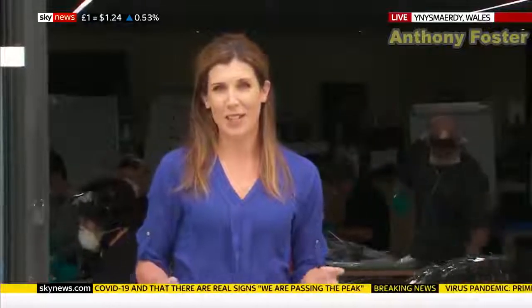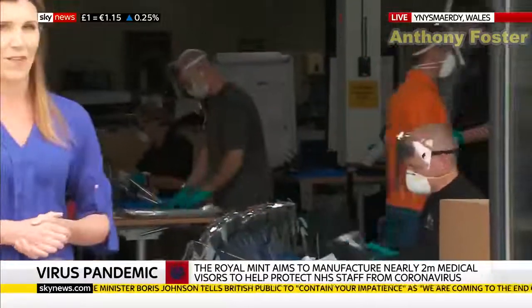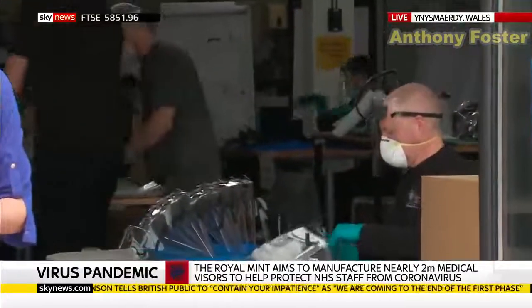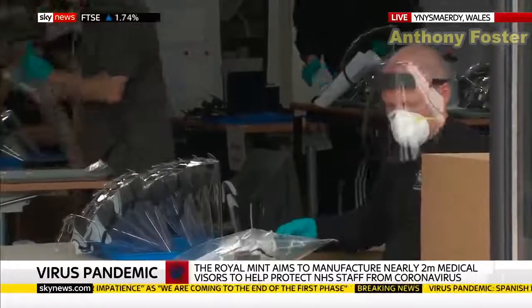Yeah, usually they're making money here, but now it's medical equipment and they are making it very, very quickly indeed. If you have a little look over my shoulder here, you can see the teams working. I'm told they're now making a visor every 6 seconds. Now, this all came about because the Royal Mint here in South Wales is just across the road from the